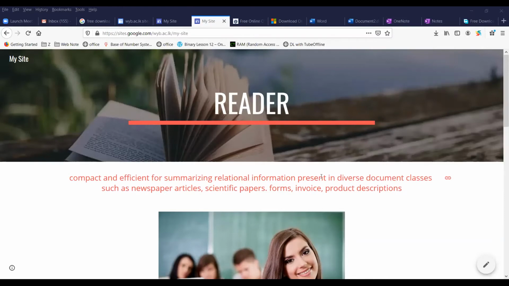So if you are organizing a workshop or anything, you can create the website with all the details and everything. What you have to do is just share the link on Facebook or anywhere, or if you want to share it with the students, you can email them the link. Like that, you can give them information.